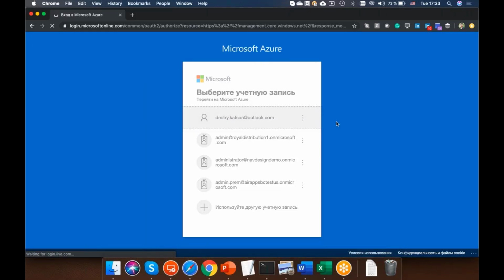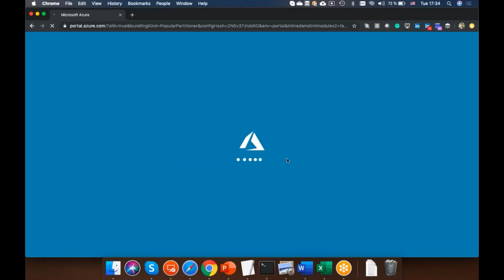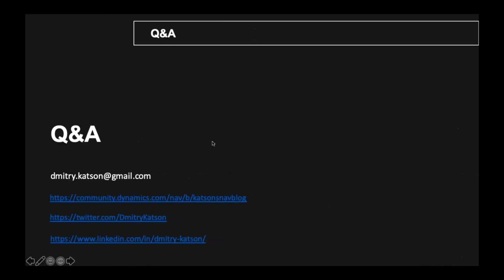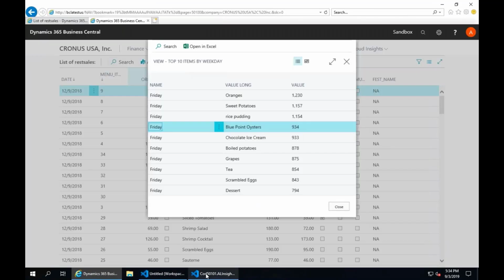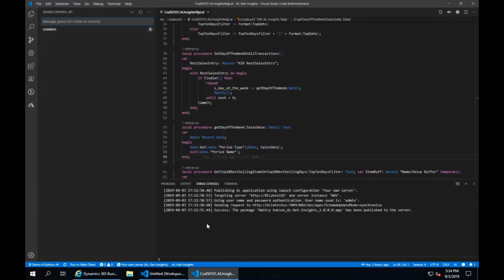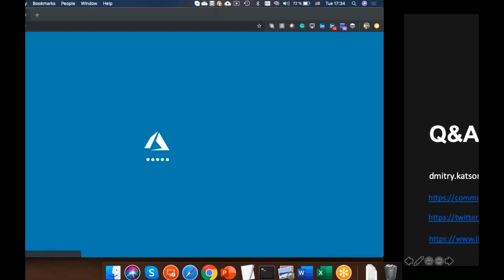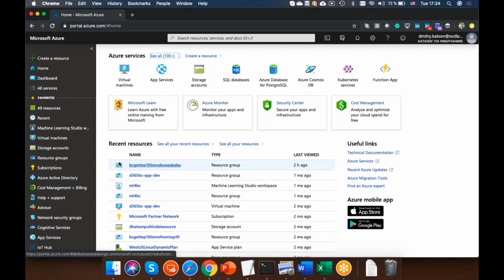So why should you go to the portal? Just to take the URL of the function. Frankly speaking, when you publish the function from Visual Studio Code, it will show you the URL in the terminal. But just in order to make a proof,